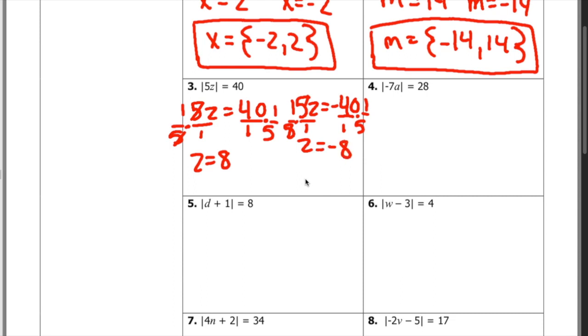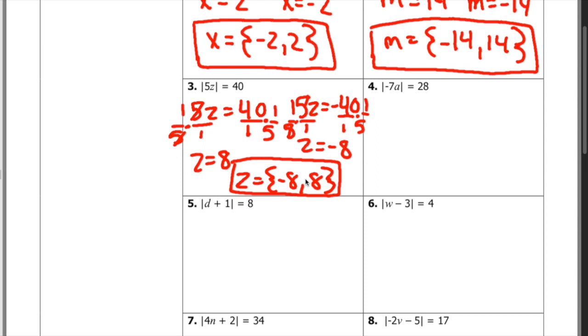So that means if I plug in 8 into the solution or I plug in negative 8 into the solution, either way I'm going to get 40, because 5 times 8 is 40, the absolute value of 40 is 40, and 5 times negative 8 is negative 40, but the absolute value of negative 40 is 40. So both of these make this equation true. So our solution is going to be z equals negative 8 and 8. And that would be your final answer for number 3. I'm going to skip number 4 for now. You guys are going to go back and do that, and I'm going to show you what we do with